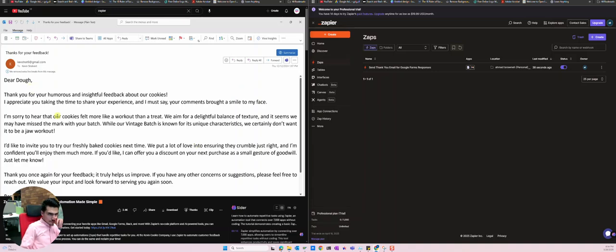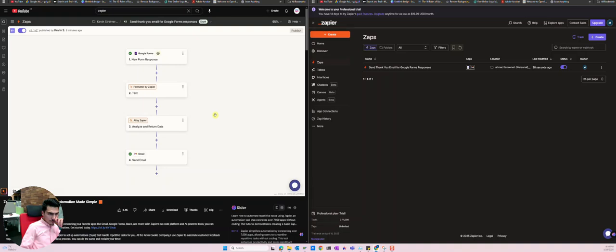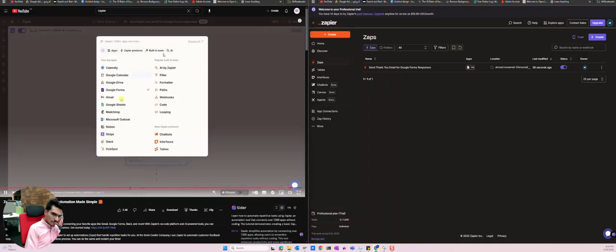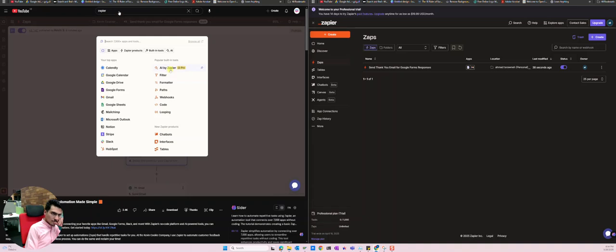And honestly, this is really high quality. Now, that's pretty impressive, right? Who would have thought you could create an automation that responds to emails? And hey, we just did it. But of course, this is just the tip of the iceberg. Zapier offers so much more. For example, when I click on this plus icon to add another step, we have all these different apps, and you also have